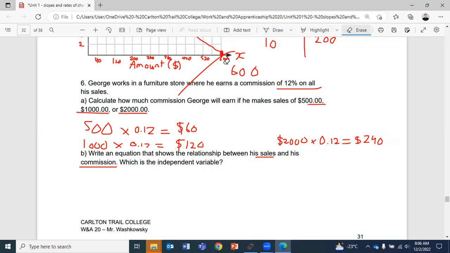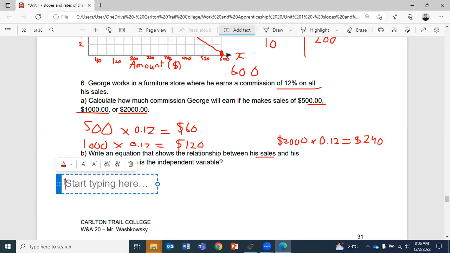Oops, erase this. So first off, write an equation that shows a relationship. Well, we're trying to figure out his commission, right? So his commission is going to be equal to, how do we figure out commission? We figure it out by taking 12% times, remember 12% is just the same thing as 0.12. So it's 12%, 0.12